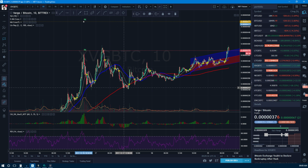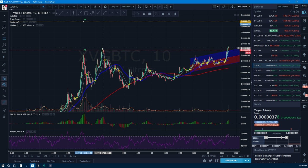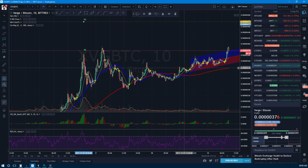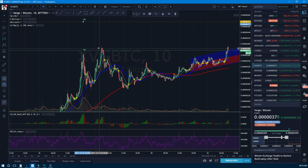Then the price, if this was a pump and dump, the price would never come back up here. But it's not a pump and dump because I don't trade pump and dumps. And a real whale would have taken this price all the way back down to zero. But this, you know, it's suspect, but I'm not going to declare this as a pump and dump. I just can't, because Verge has been around for a very long time and it has some promising applications. I don't like the coin count on it though, it's a high coin count. I might just get out right here,